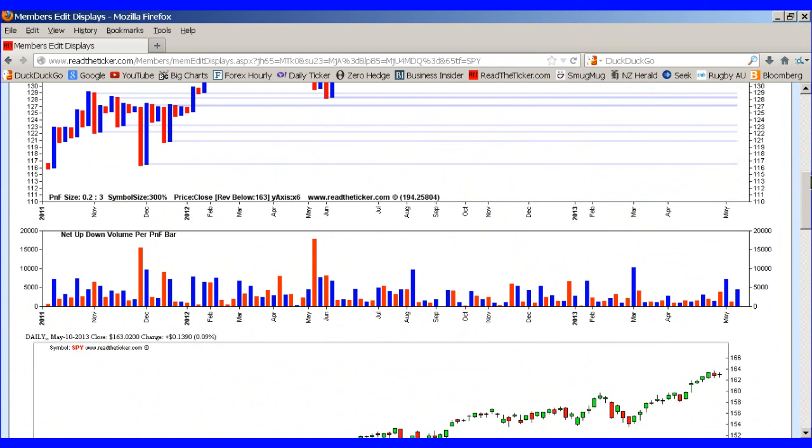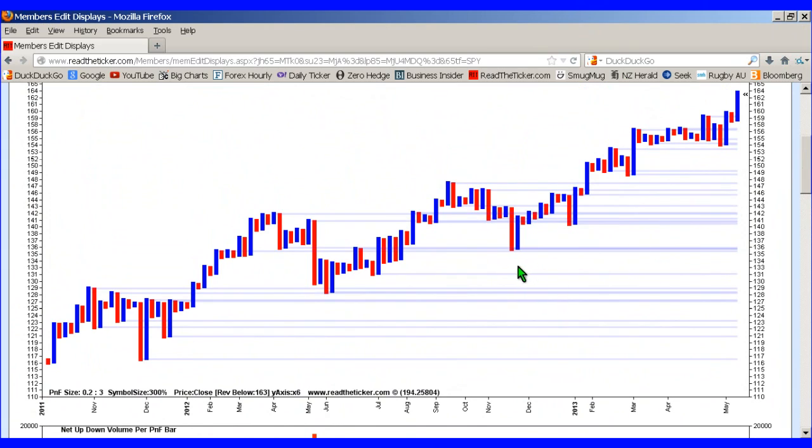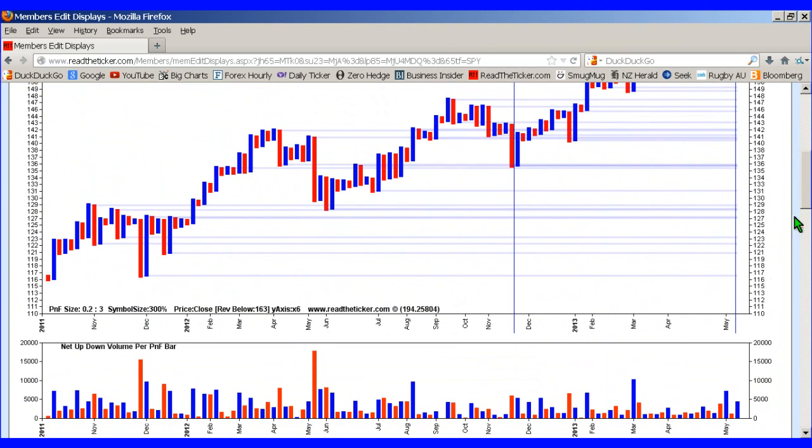The example of price waves. What you can do, for example, is look at this rally here. I can just put my vertical highlighters on. You can see here in the net volume there are mostly extreme blue bars showing up. Most of the time the net blue bars, i.e. the net up volume, dominate the red. We had a situation here which was a down day. There's quite a strong